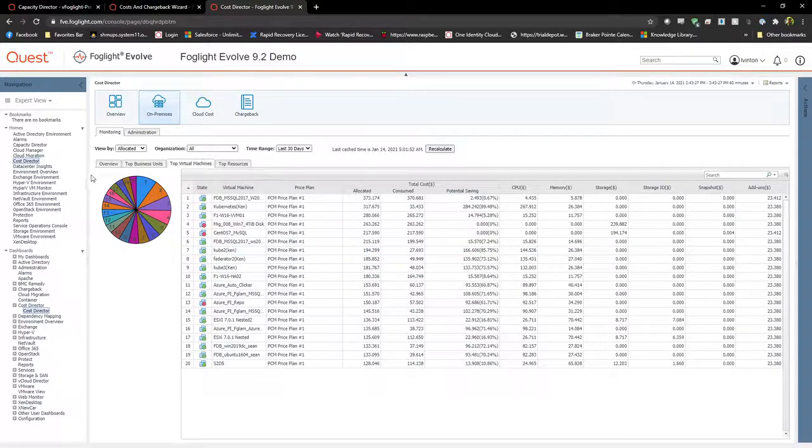It also pops up in the cloud modeling feature, where you want to know the on-premise cost of a virtual machine because you're trying to figure out the cloud cost. If you have the on-premise cost and the cloud cost right next to each other, it makes the decision of whether or not to migrate that machine into the cloud really easy. So we really recommend that VMware customers fill out the Cost Director because it can give them a lot of insight into their environment. It can help them figure out what VMs are using the most resources, and therefore costing them the most. Is it wise to migrate particular VMs into the cloud? And again, the data shows up in the other parts of Foglight.